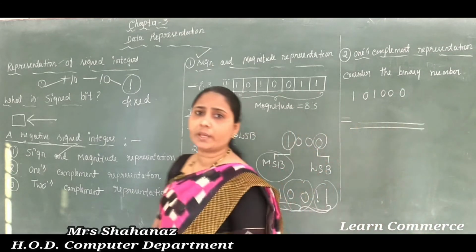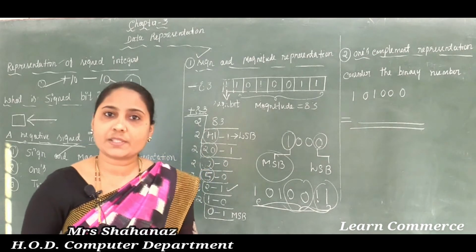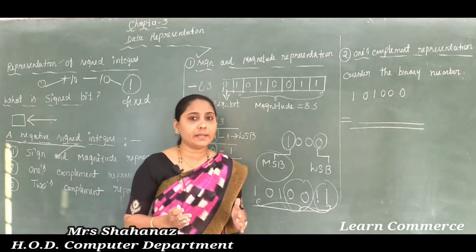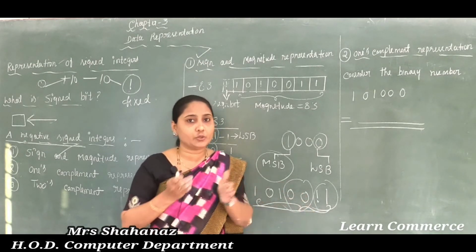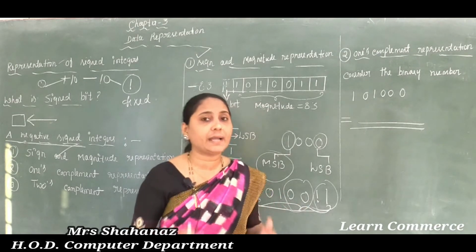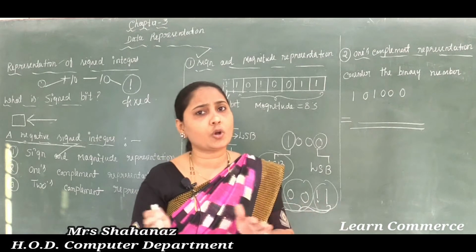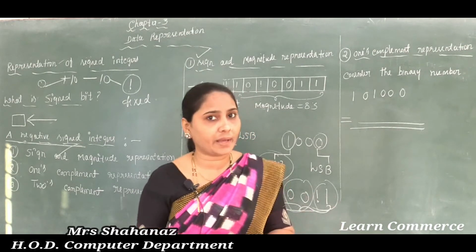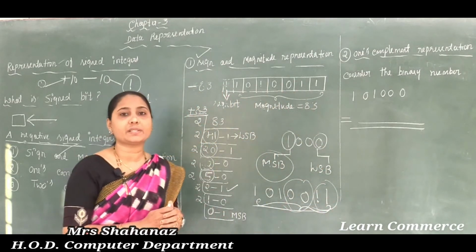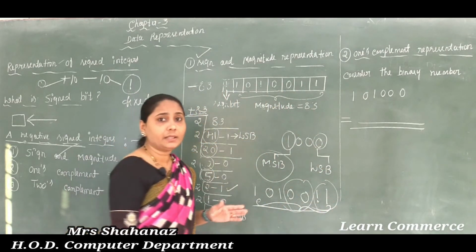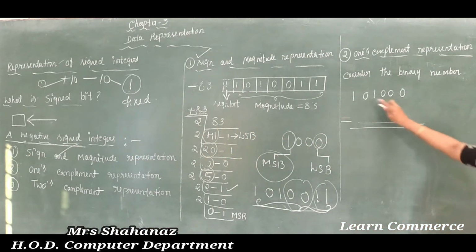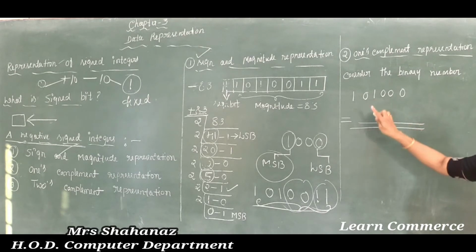So what do you mean by ones complement representation? As we know, the ones complement representation means we need to change the binary number. First of all, we take the question, and whatever numbers are there, we will get only 1 and 0, maybe in 0 manner, maybe in 1 manner only. No other number we will get in the case of the ones complement representation. So whatever numbers are there, all those numbers we need to change: 1 to 0 and 0 to 1.